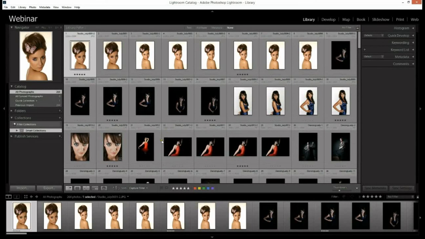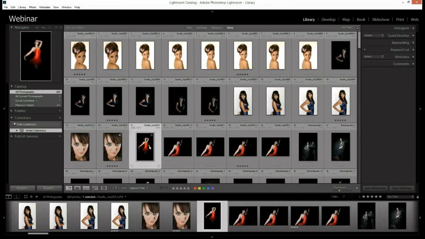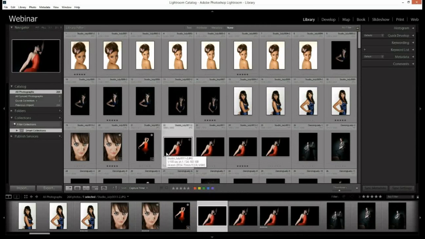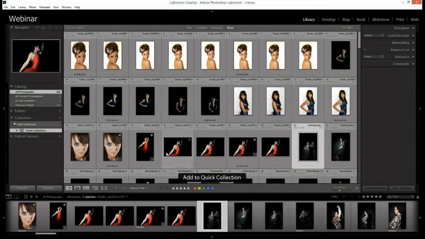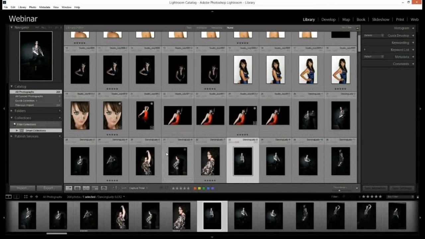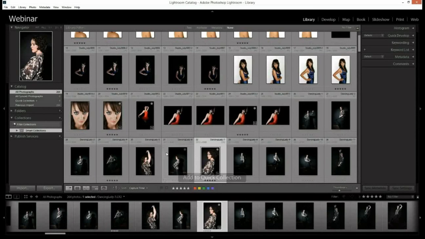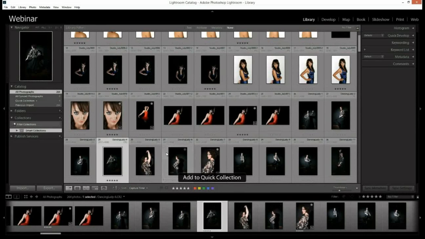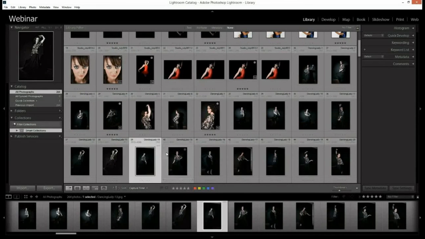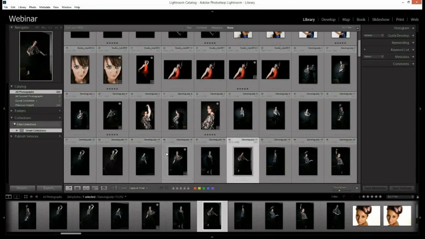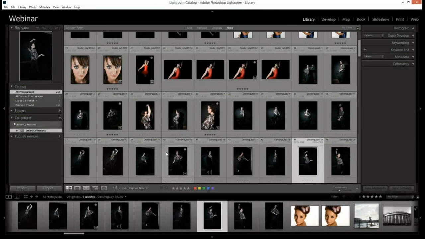B for butter. Okay, so if I go through my pictures, I highlight one and I press the letter B, you can see it says added to quick collection. You can go through each of these pictures, added to quick collection, simply by pressing the letter B. If I press the letter B on it again, it also removes it from that collection too. So you can quickly organize or put photographs into these collections by using your quick collection, but we can also